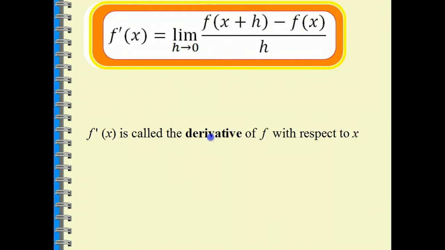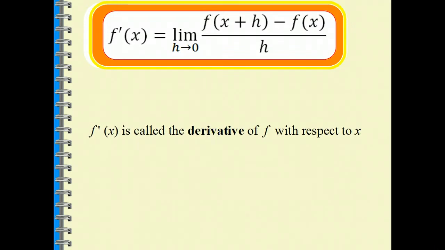We're going to say that f prime of x is the derivative of f with respect to x. So we've taken the derivative of f with respect to our variable x, and that's what we get. That function, that slope function, gives us the first derivative. Now, there's two ways to define a derivative. We can look at it